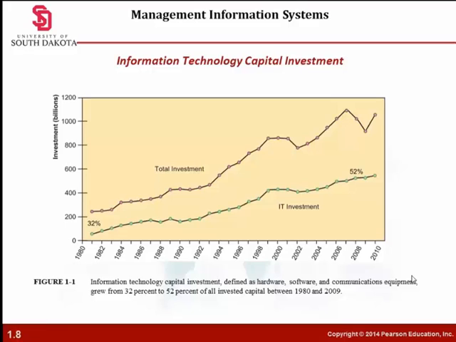The answer can be that capital substitution, the price of information technology capital, has been falling exponentially, whereas the price of machines and buildings has been growing at slightly more than the rate of inflation. Wherever possible, firms would much rather invest more in IT than in machinery or buildings because the returns on investments are much greater.